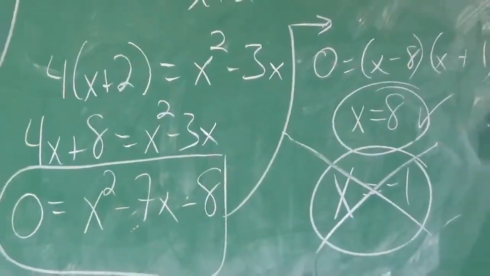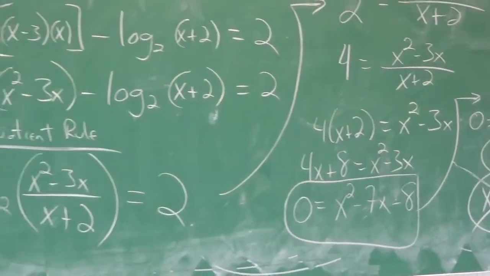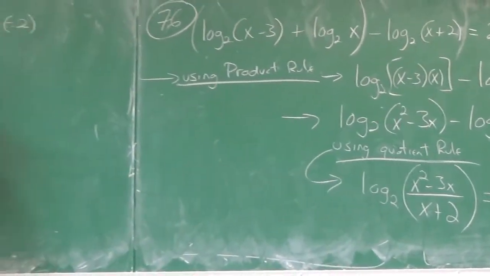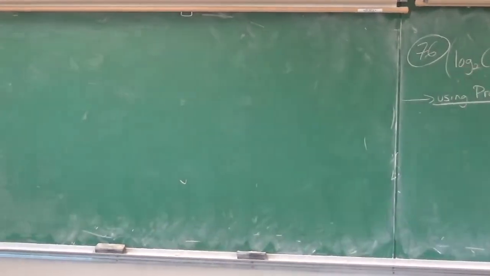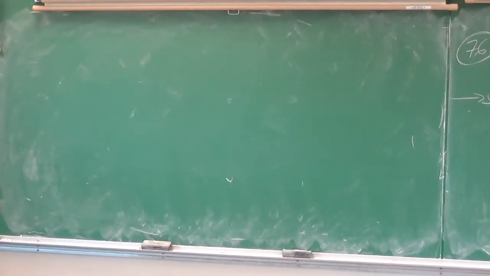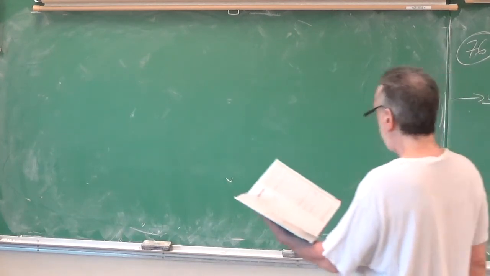All right, so we still haven't gotten a good example of the one-to-one approach. So let's make sure we get at least one of those. But that was probably the most difficult one you're going to see dealing with logarithms. We did the definition of logs. One-to-one property. Here we go. All right. How about